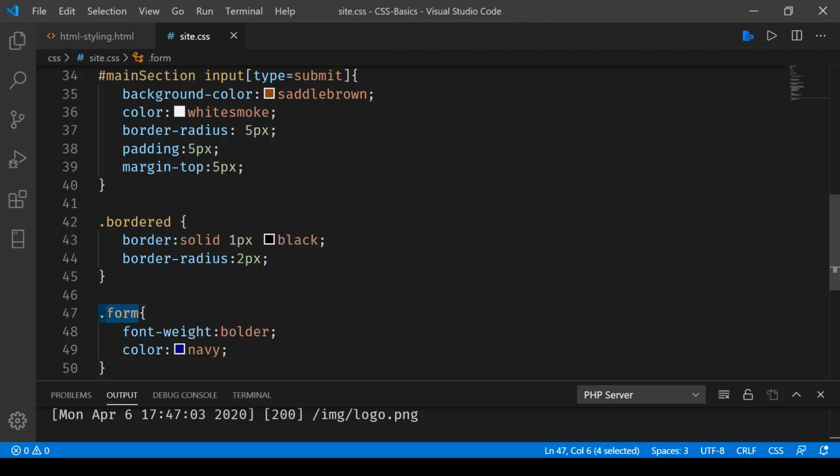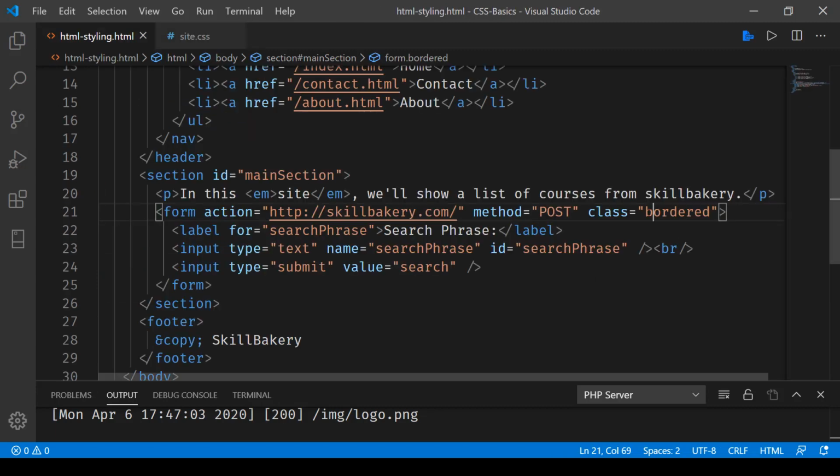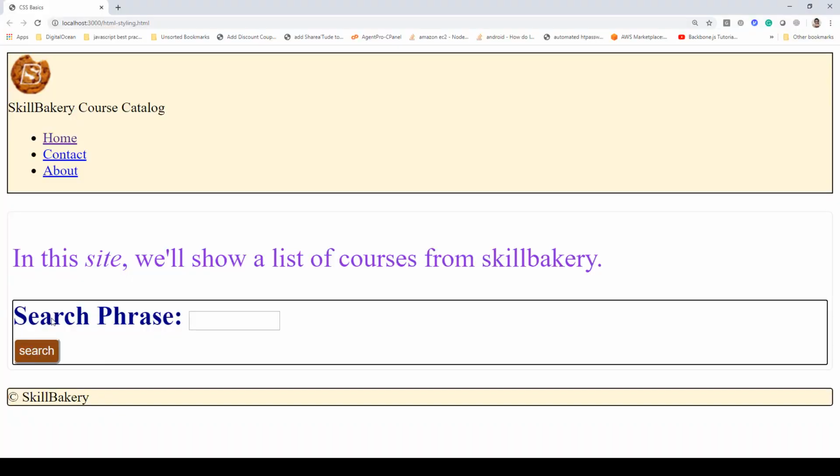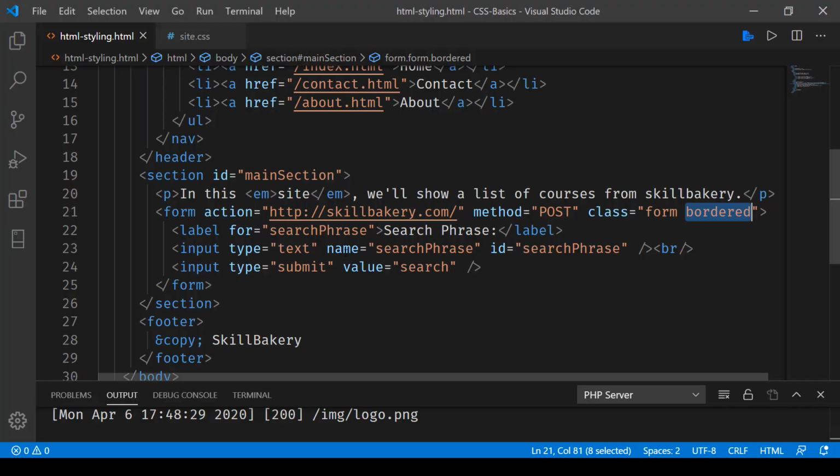Now if I have to apply this form class on this form tag, I can just go ahead and apply it along with the other class that I had. So you can see I can have more than one class mentioned within the class attribute itself. So I have a form class, I have a bordered class. Let's save this and run our page now, and you can see now the color has changed to navy within the form. So that's how easy it is to create a class in CSS and apply it to different